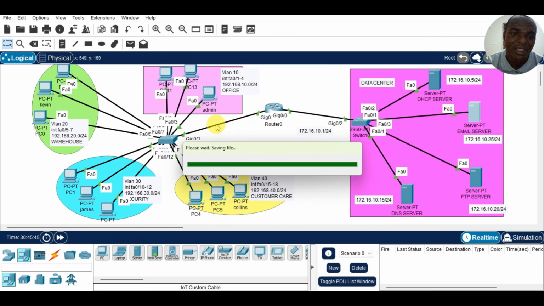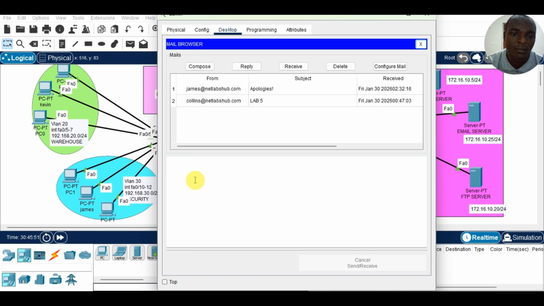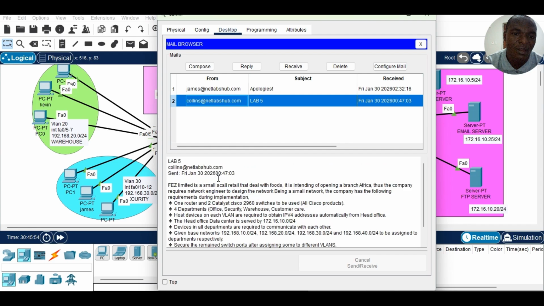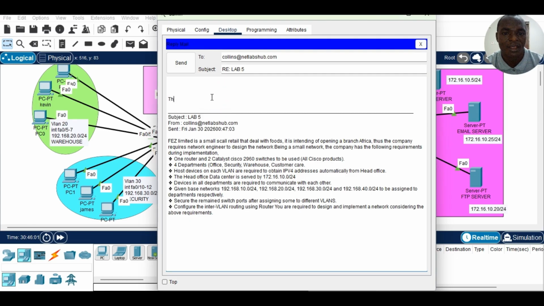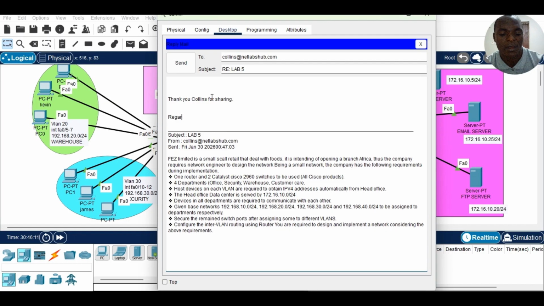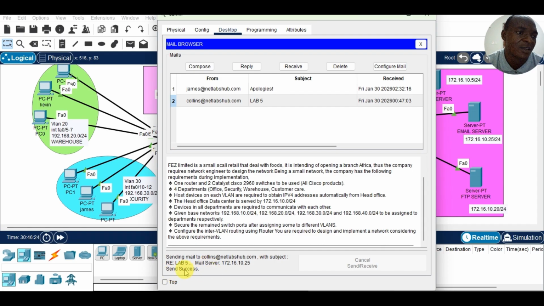The moment you add him, come back to this one, then now reply. You see it is sent successfully